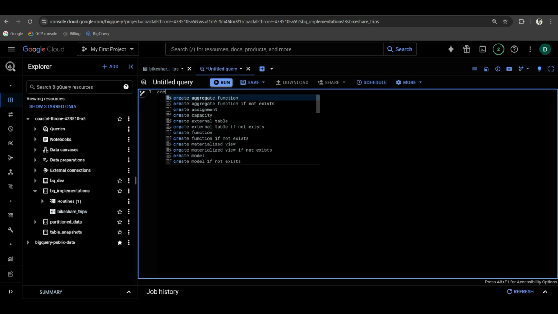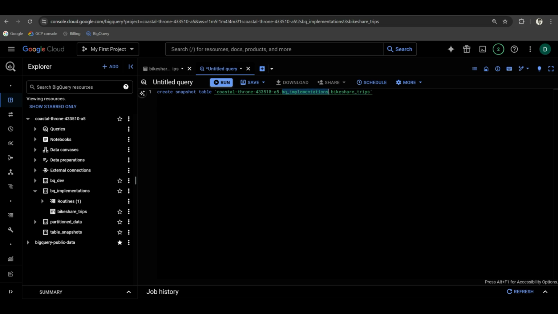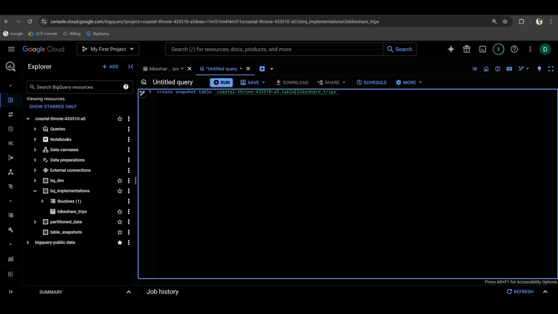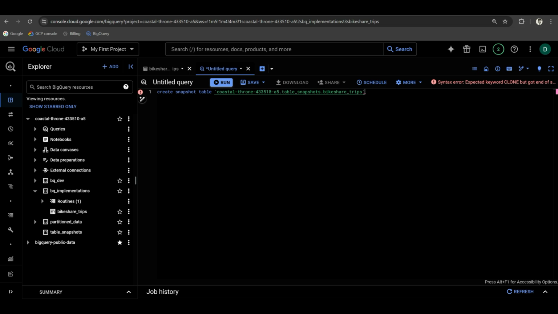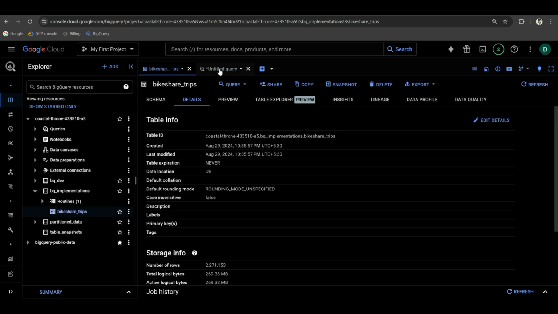So the syntax is quite simple. I'll use create snapshot table. I will not create it in this dataset but in the table snapshots dataset, and then we have to use the clone keyword and then the table name. So the table name would be the same,